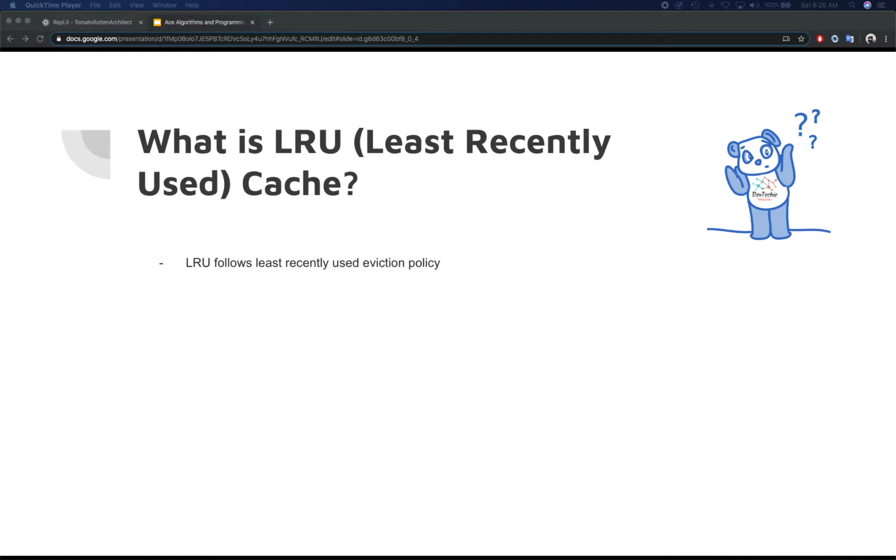An LRU, or least recently used, is one of the techniques to keep your cache healthy and fresh to serve programs' need. Now, it uses least recently used eviction policy to remove items that have not been used, so it can make the space for new items to be inserted into the cache. When the cache is full,